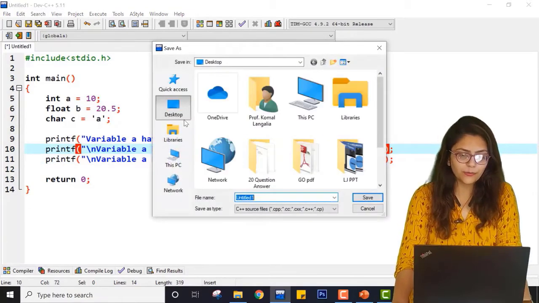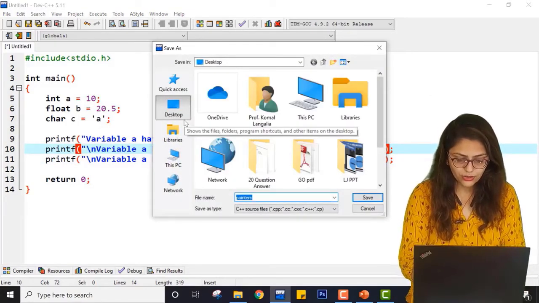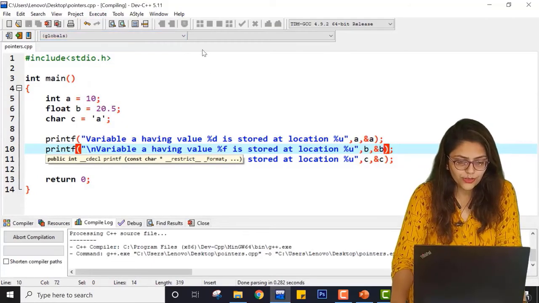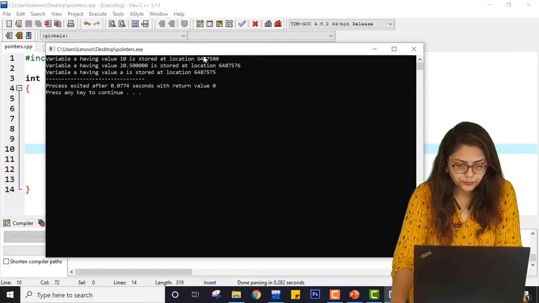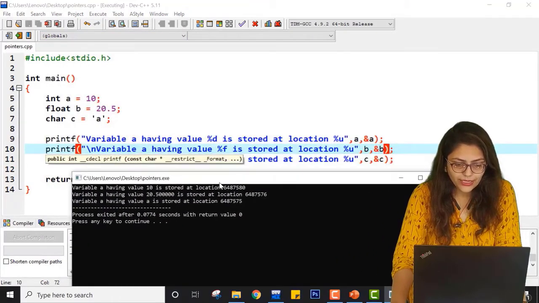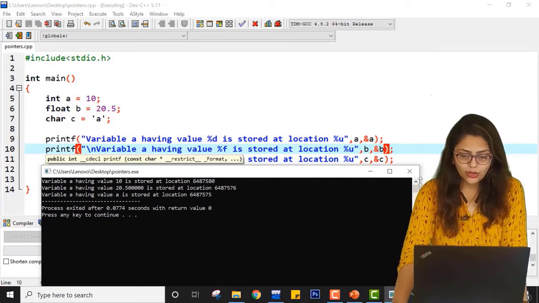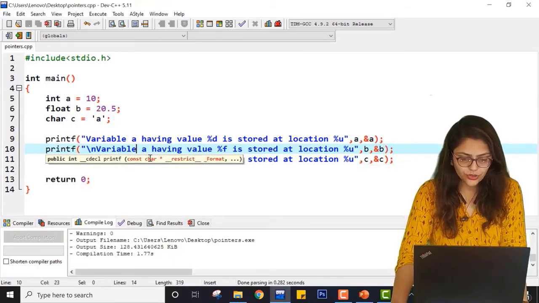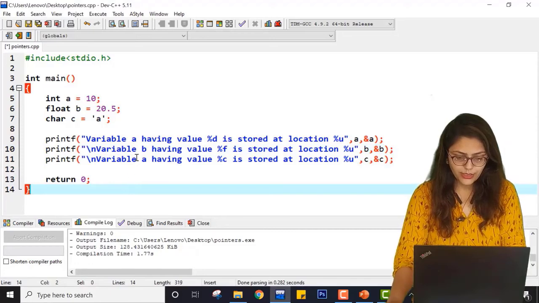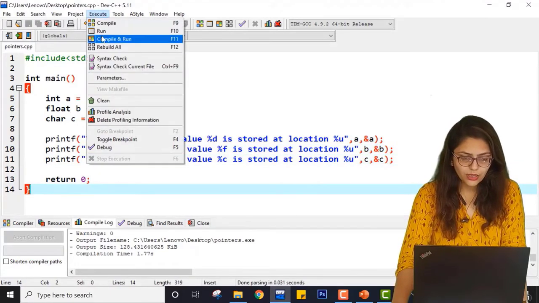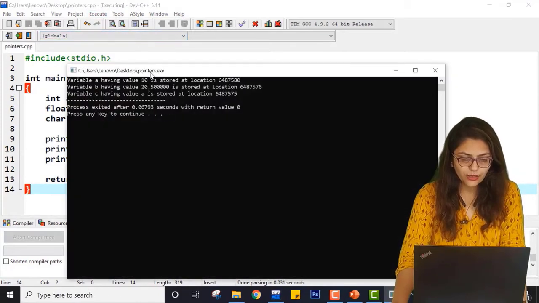Let me save this program as pointers, compile it and run it. We will see the output. Variable a, or here let me change it, variable b, and here it will be variable c. Let me save this program, compile it and run it again.